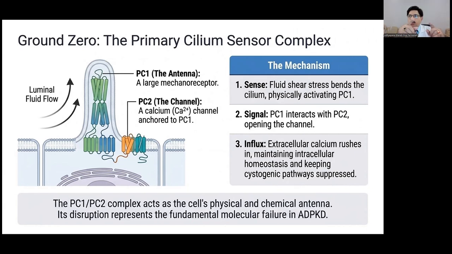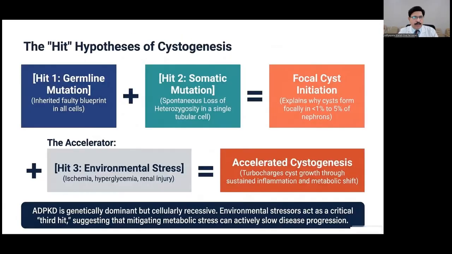When one of these two is damaged, either PC1 or PC2, the sensing mechanism is lost and the calcium channels are not open. So much so there will be a retention of fluid within the individual cell and that balloons and produces a cyst. This is the mechanism. Now you see, in calcium and cAMP short circuit.